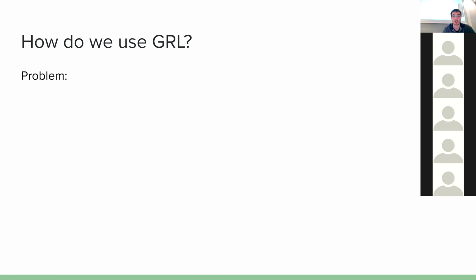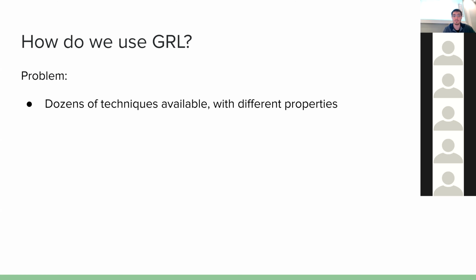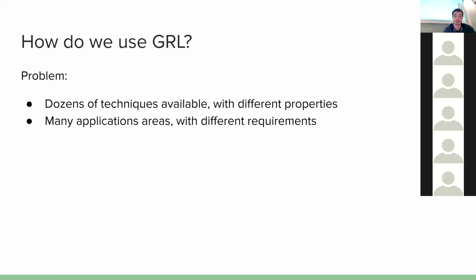Why? It's not easy because there are many different techniques available to achieve this, to do graph representation learning. And these techniques have very different properties in terms of what kind of graphs they can handle, how they encode this information, what information they can encode in these embeddings. And also we have many different application areas where we want to use graph representation learning. And each area,